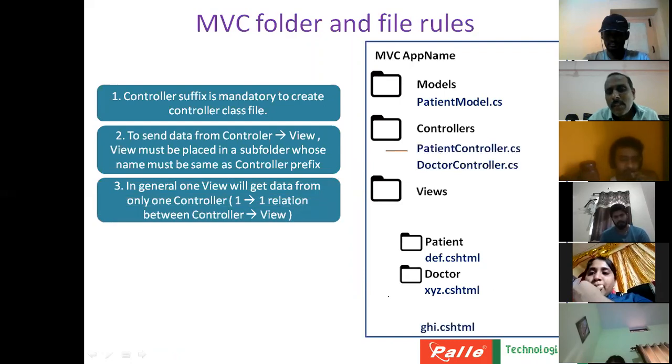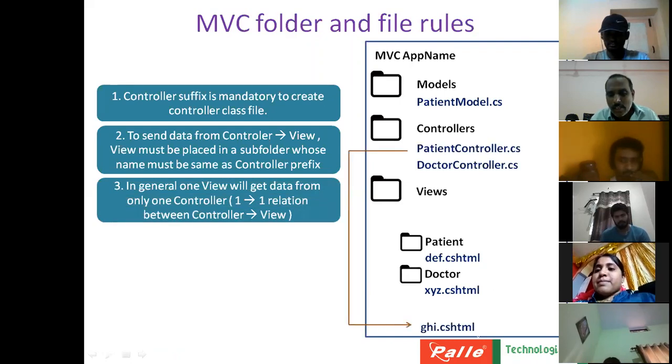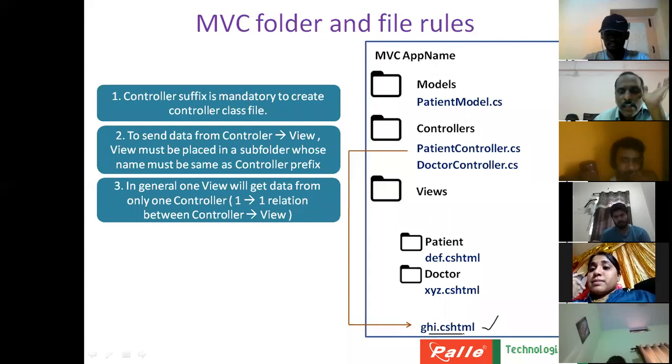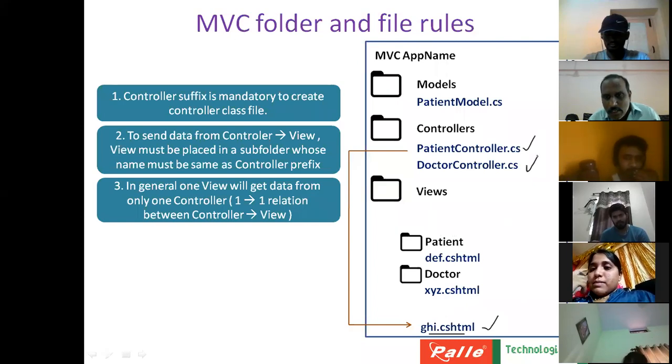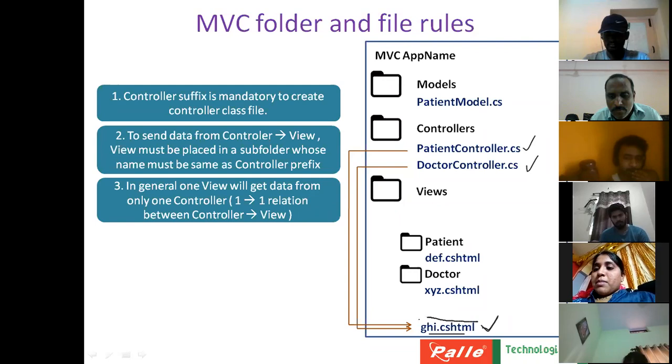Now let us say I am having another view called ghi.cshtml, just a dummy view, so no meaning for it. Now for some reason I want to send the data from patient controller, and also from doctor controller, into this view. So this view will be receiving the data from multiple controllers.